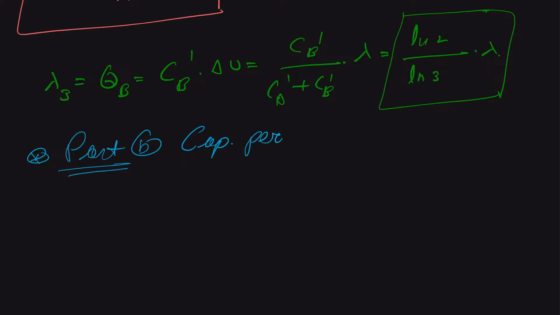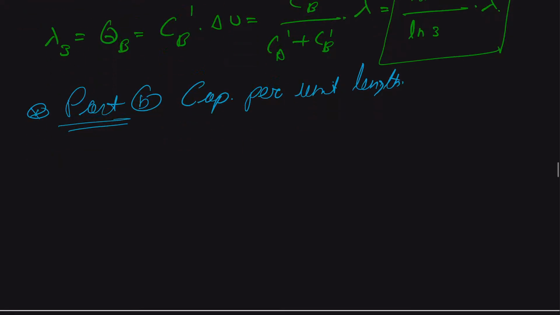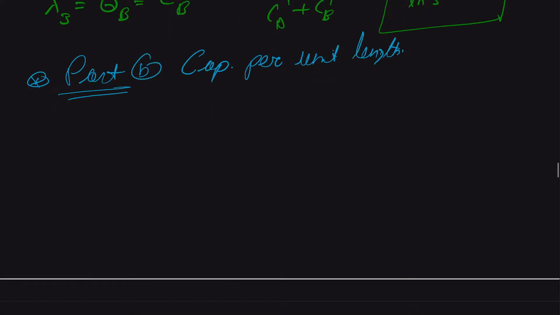And because 1 and 3 are connected, we can say that the total charge on conductor 1 and 3 will be equal with respect to their charge densities. So you can say that